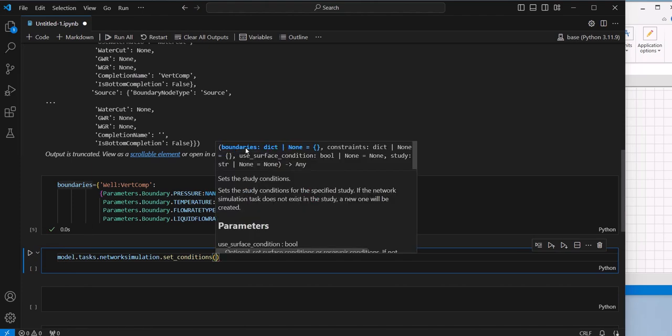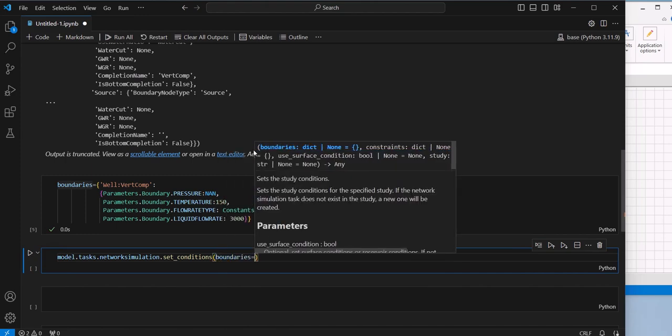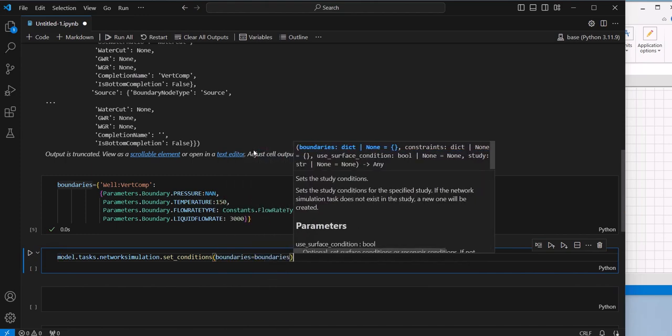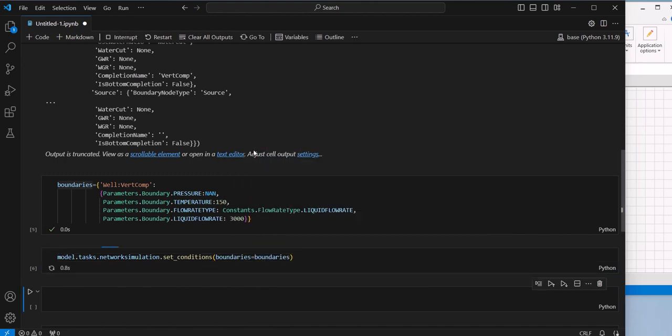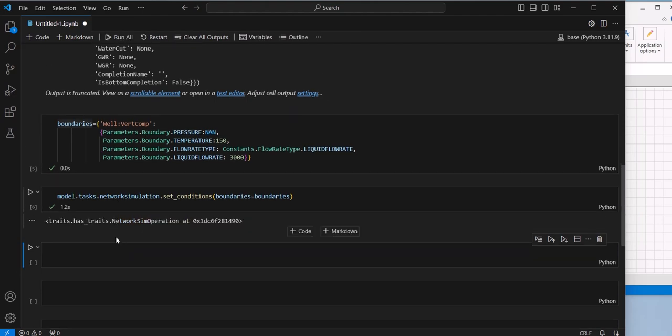Here you can see that you have several arguments: boundaries, constraints, surface conditions, and study. Since I'm going to update only the boundaries, I can type boundaries and the name of my variable, boundaries, and update. So the model was updated, and now I can save the model and check my changes